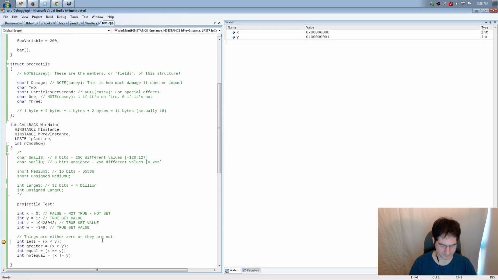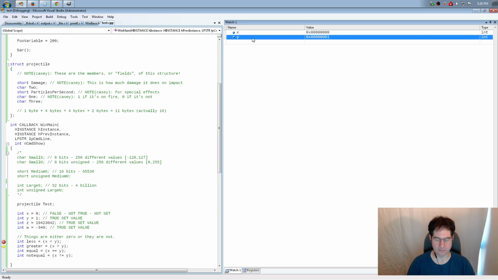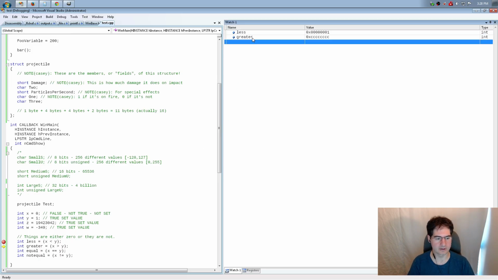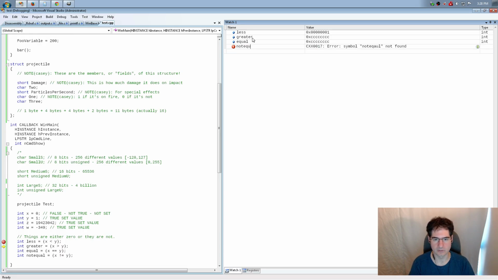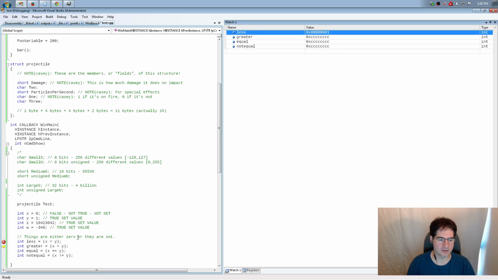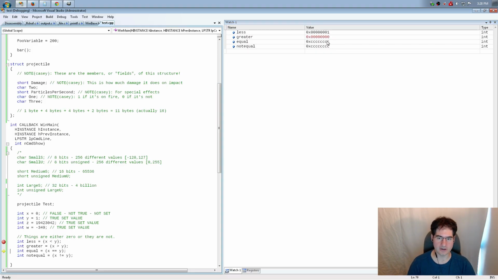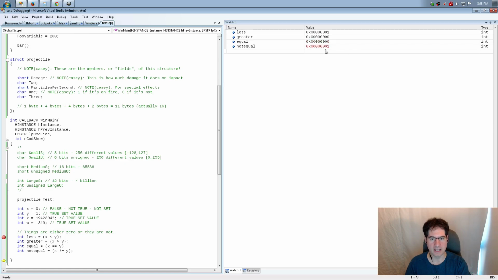So when we go down here and we compute less, greater, equal, not equal. Oops, not equal. Spelling. So you can see we did the computation of less, and it gave us a 1, which is what we expected because it is less. We computed the value of greater. It gave us a 0, which is what we expected because X is not greater. We checked for equal, also not true. We checked for not equal, and it is true, right? So now, that should be hopefully really easy to understand. It basically just produces a 0 or a not 0, depending on the circumstance.